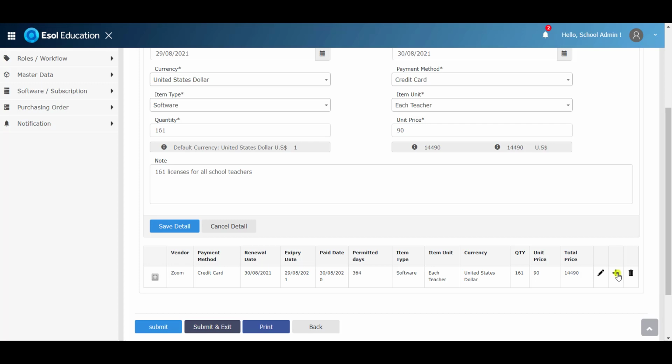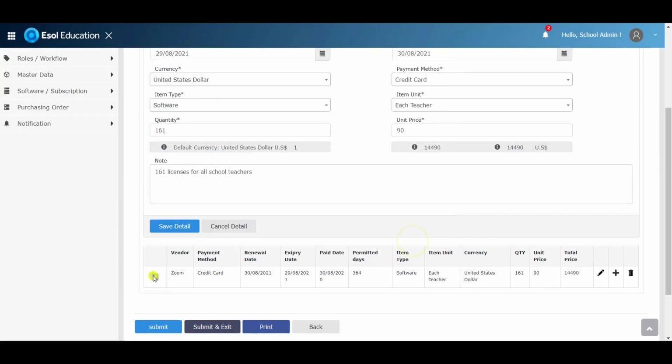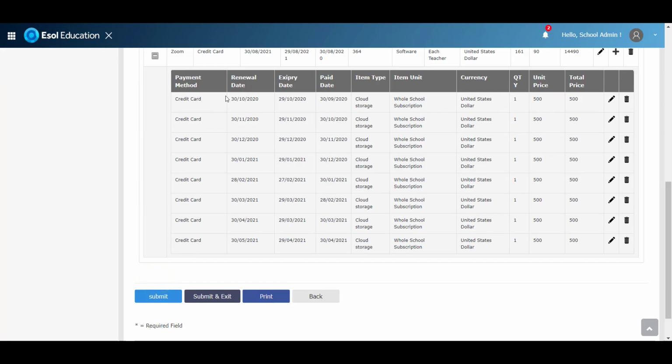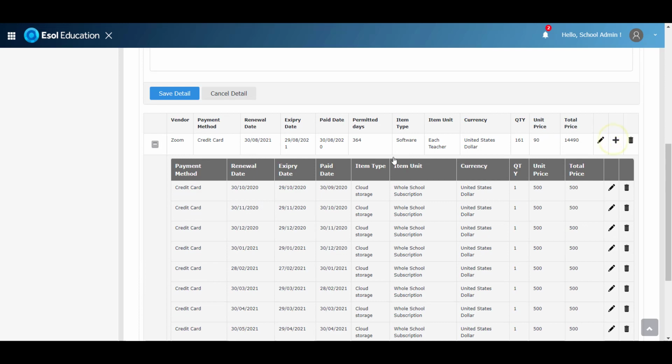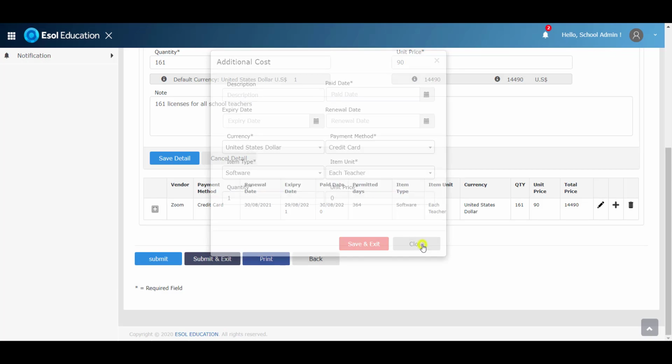main bill. Once I click on add, it will direct me to a new window that will contain the description, pay date, expiry date and renewal date, and all the information regarding the additional cost, which will show as such on a monthly basis or on a daily basis, dynamically and very flexibly depending on the subscription and how it is paid. But the main point that we need to mention, once we create an additional cost, is that we have two types of additional costs. Sometimes the additional costs can be renewable, like this feature, or for example,